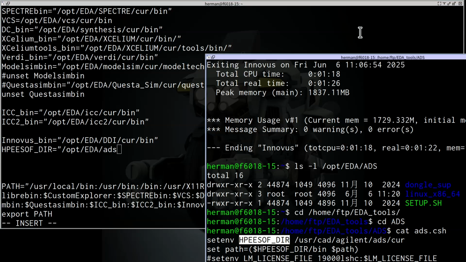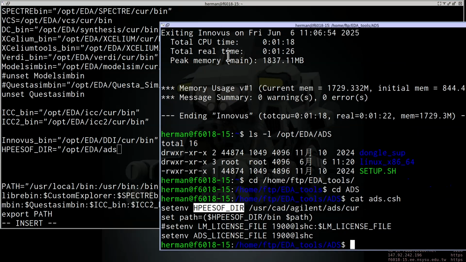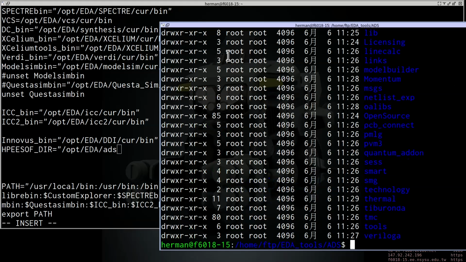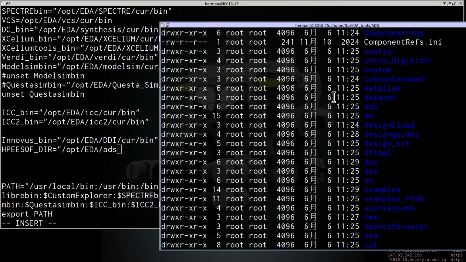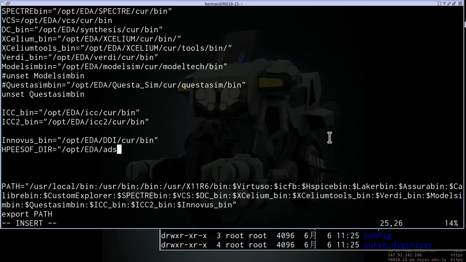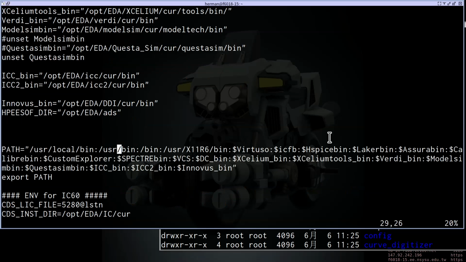Let me see. ls -l /opt/eda, lowercase ads. Okay, so this directory. Then we add this to our path setting.